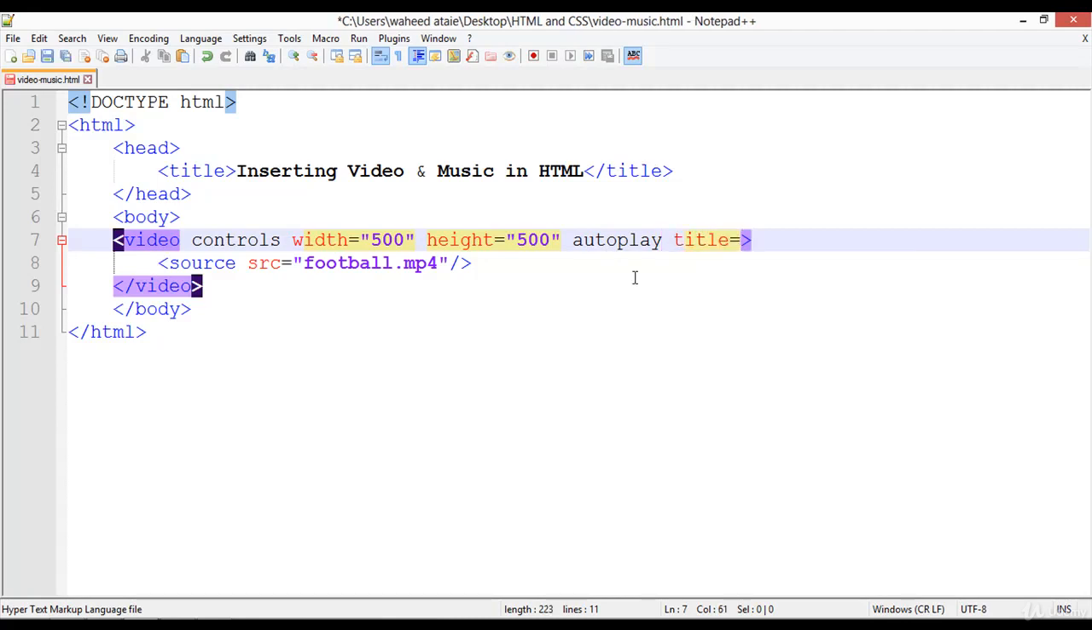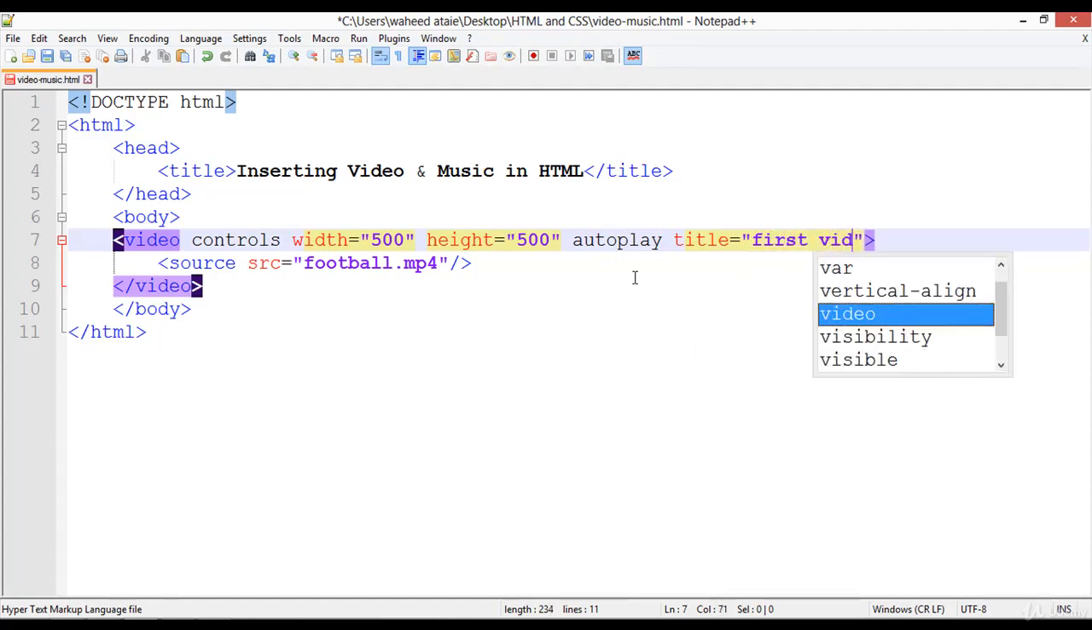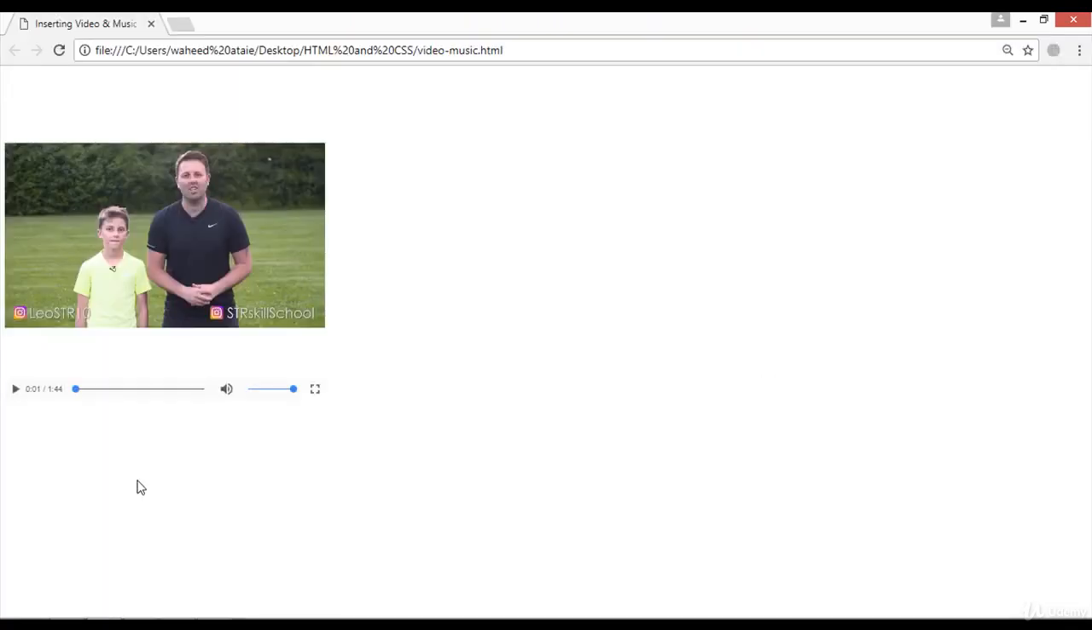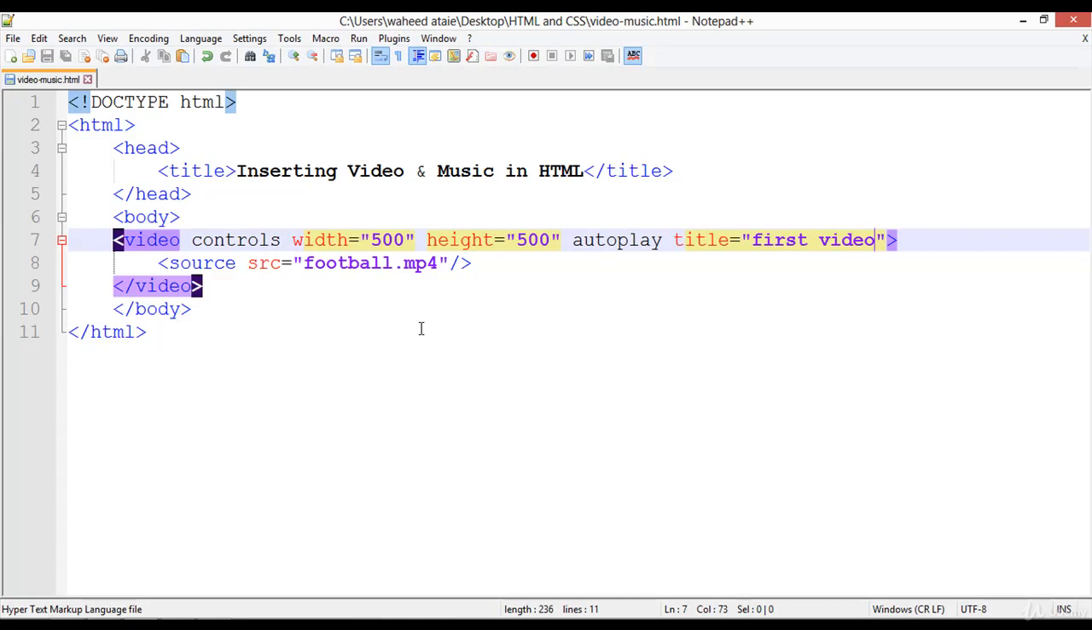One more attribute we can use here is called title. You can say first video, you can give any title, and save, refresh. Now move your mouse cursor here, and you can see first video appears here. This is called title. So this is the way of inserting a video if your video is inside the same folder. But if your video is not in the same folder, we are going to learn